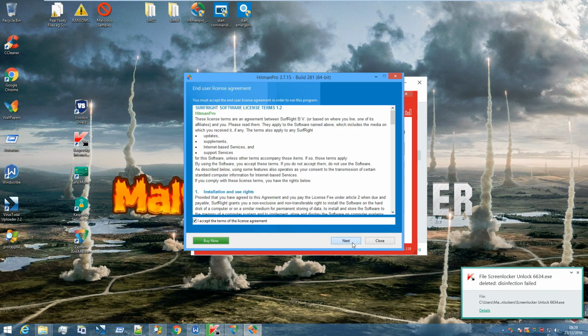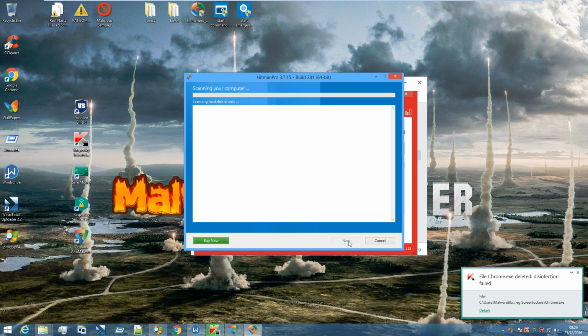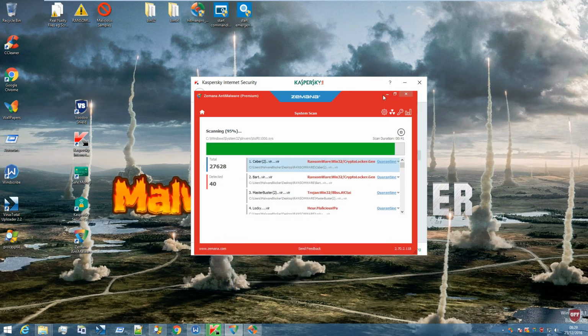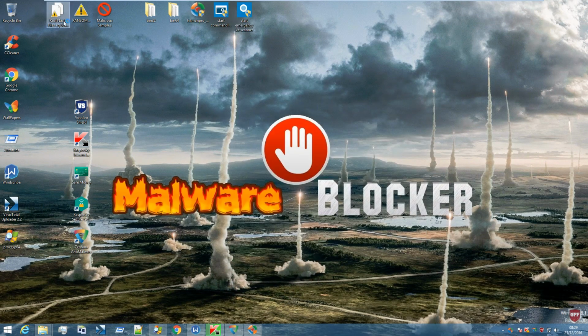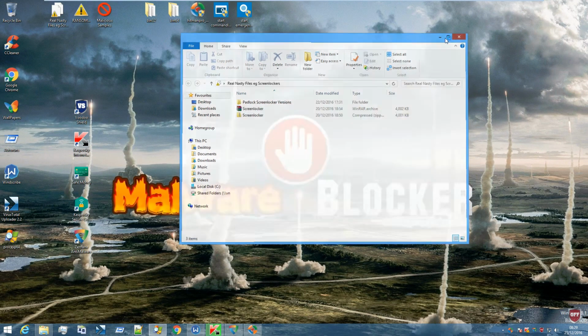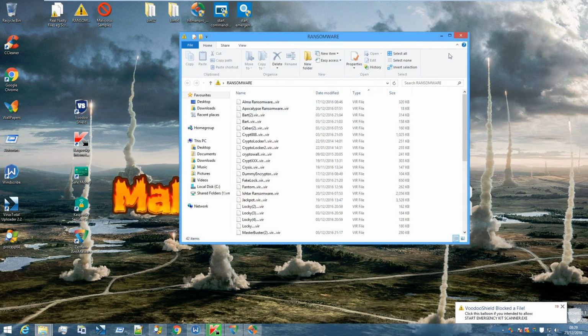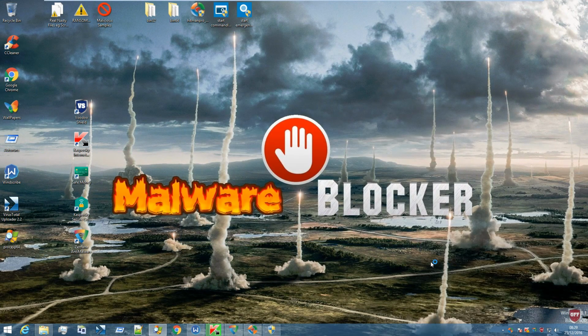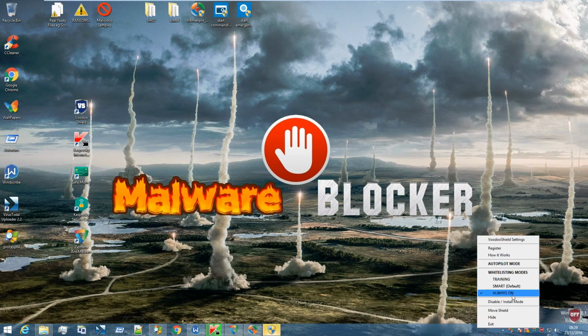So I mean, Kaspersky may or may not detect them. I'm not sure if Kaspersky actually does detect VIR files, but obviously Zemana does, and I think HitmanPro might as well. So there you go. Now everything should be cleaned out here. I mean, there's going to be some possibly left over, but the majority of the files on this system will